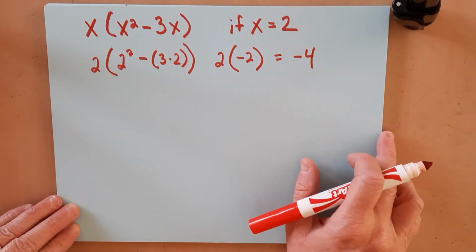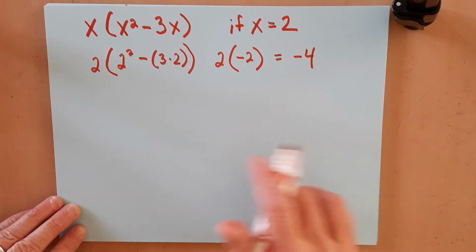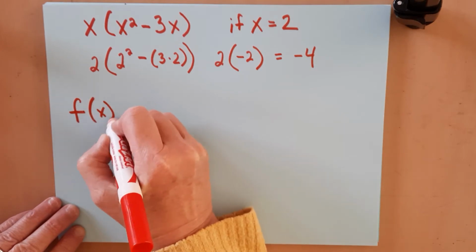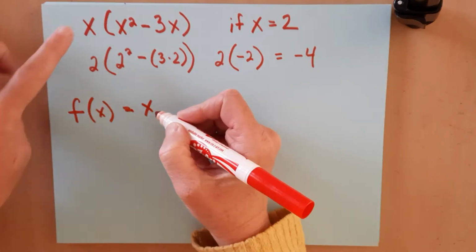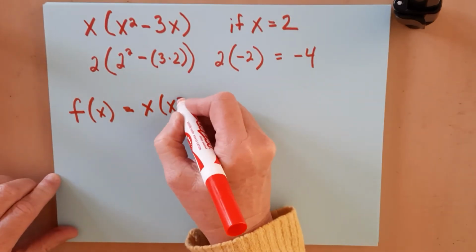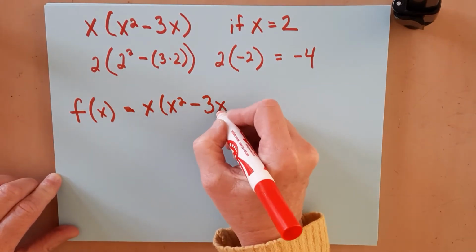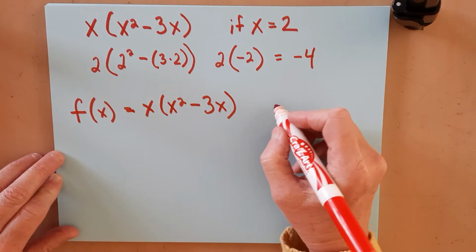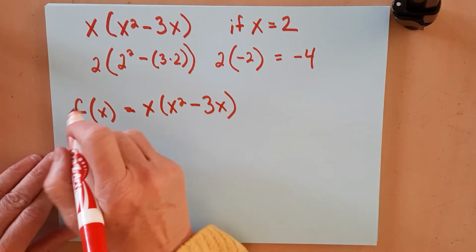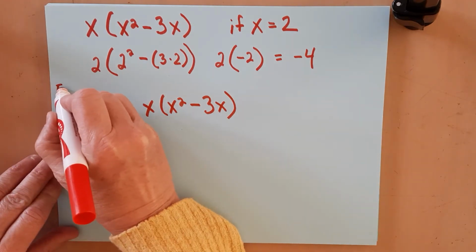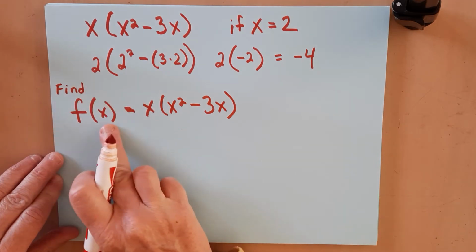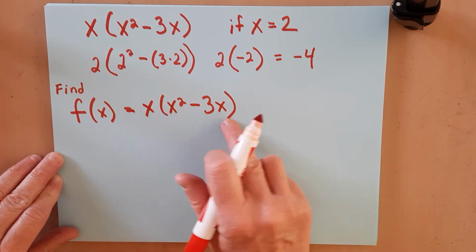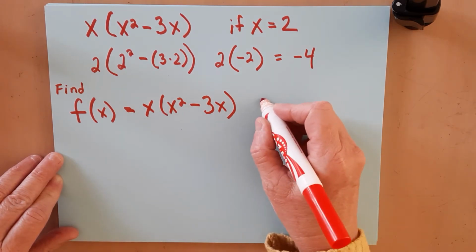There's another way to write that, and it is called a function. They can also write it as the function of x equals the same thing that we have up here, x times x squared minus 3x. And instead of writing out if x equals 2, they would instead write find the function of x. So it would say find the function of x, which equals x times x squared minus 3x. Then find